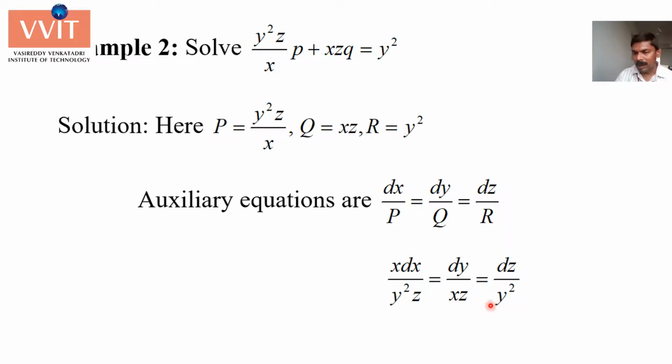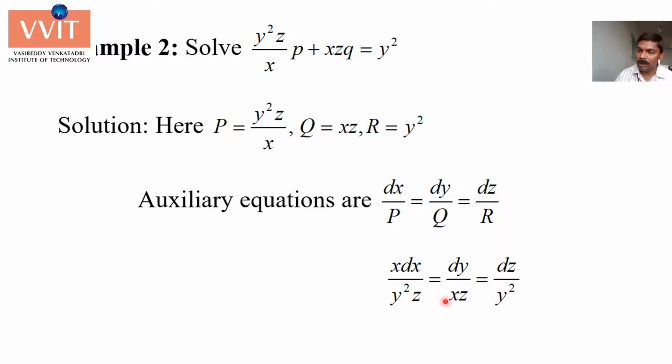To select 2 and 3, you should not have x, but there is x here. So I can't go with 2 and 3. Now let us see what happens with 1 and 3. First member, third member. If you select 1 and 3, you should not contain y. So 1 and 3, there is y square, but I can cancel y square on both sides. After cancellation, we are left with x and z only.